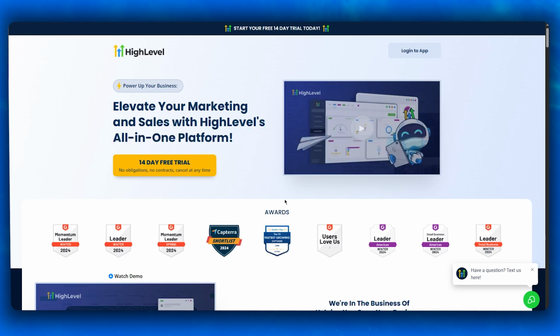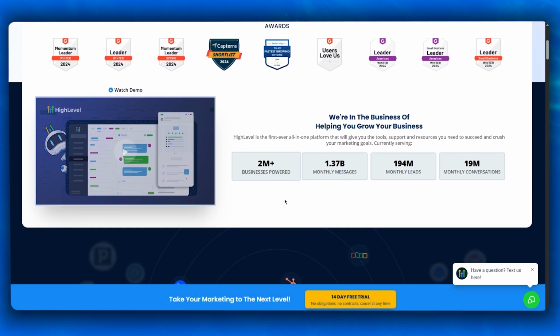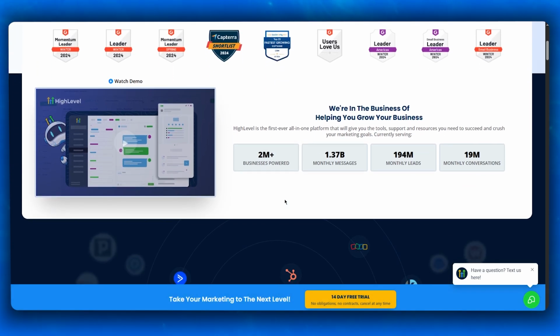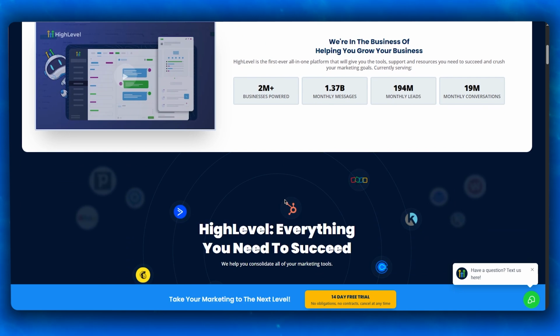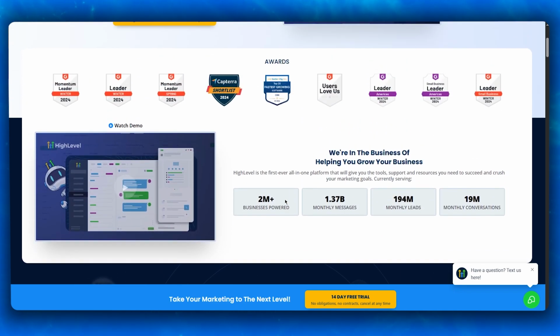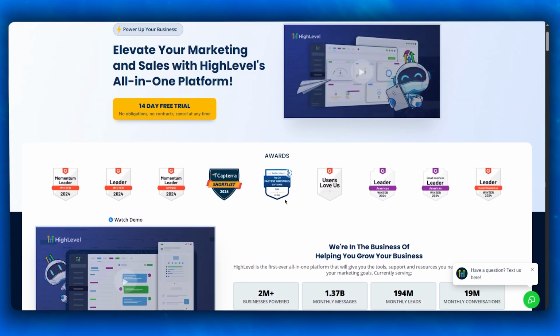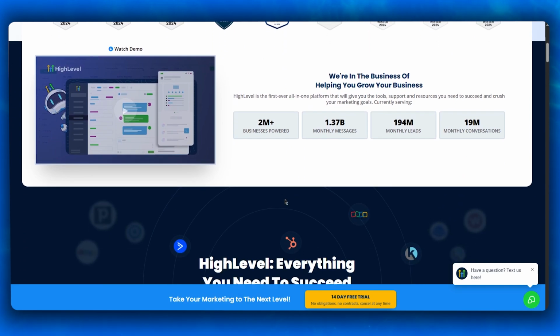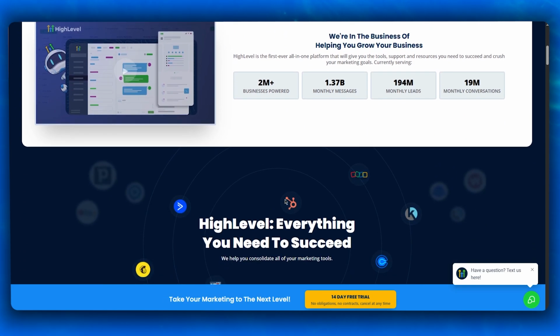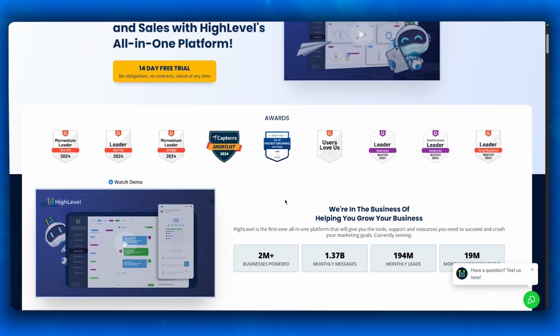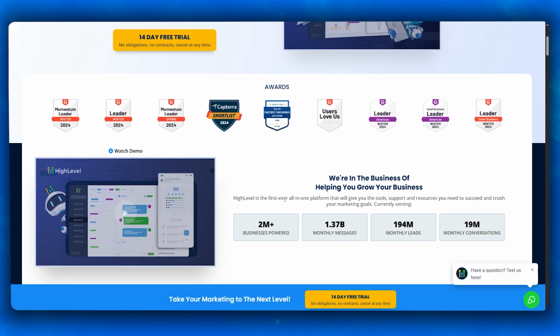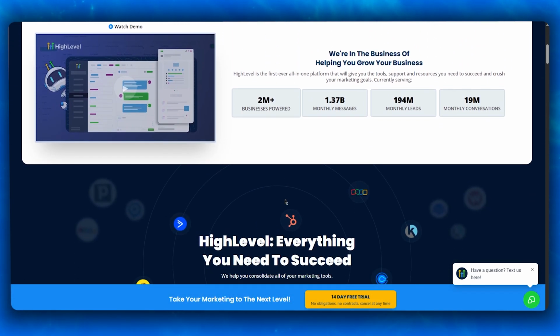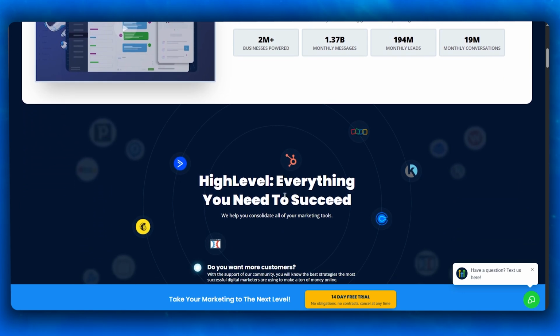Now, in the ever evolving world of digital marketing, GoHighLevel rises as more than just a tool for you. It's a platform built for those who want control, scale, and simplicity. It's designed primarily for agencies, freelancers, and a lot of other solopreneurs and marketers who are tired of juggling 5, 10, and sometimes 15 different tools just to keep their business running. GoHighLevel consolidates CRM systems, funnel builders, email and SMS automation, reputation management, scheduling apps, and more into one seamless